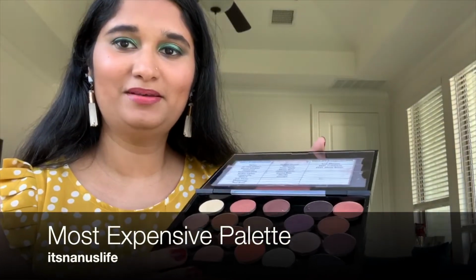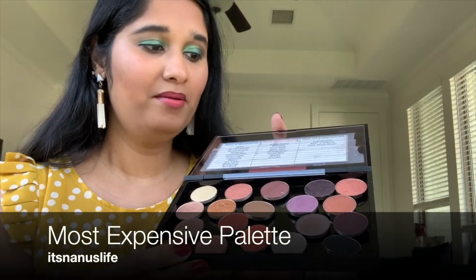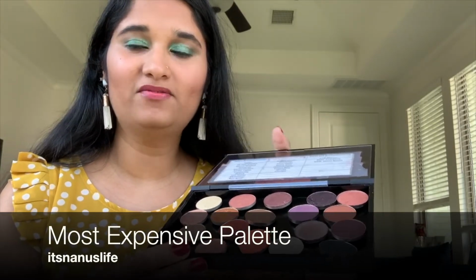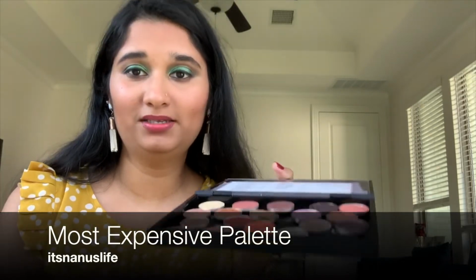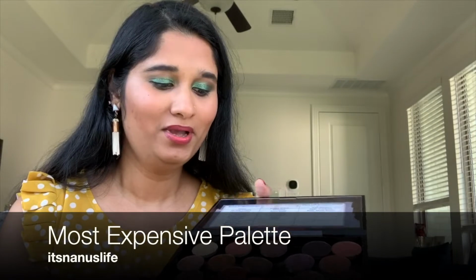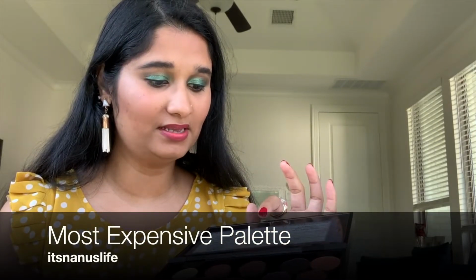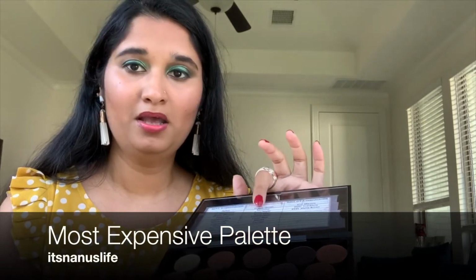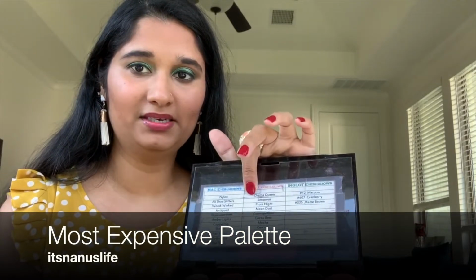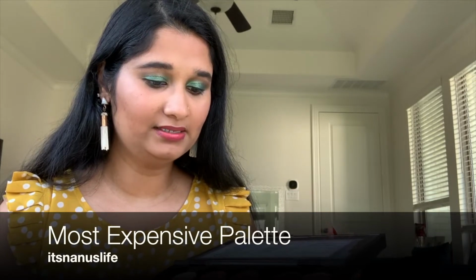Okay, so I somehow got it opened for you guys, but this is a collection of my MAC and Makeup Geek eyeshadows, and if I remember correctly, I'm gonna consider this as a palette because I created this on my own, right? So I have 1, 2, 3, 4, 5, 6, 7, 8 Makeup Geek. I have them listed here, and for MAC I have 1, 2, 3, 4, 5, 6, 7, 8, 9, 10, 11,